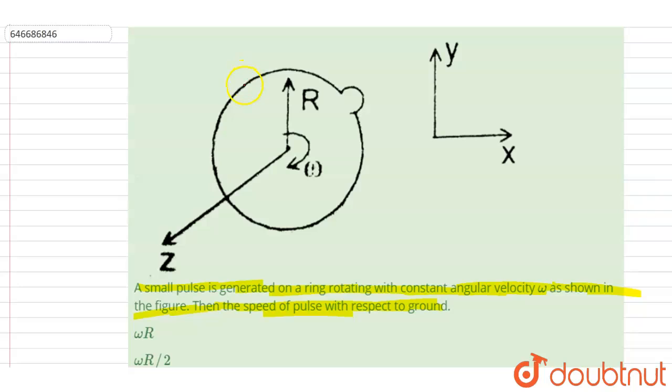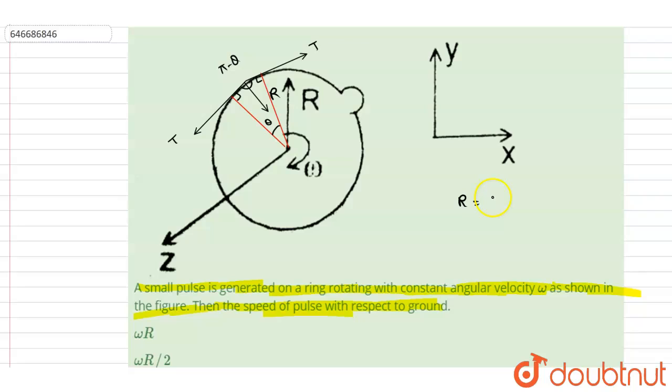So let us calculate the speed of the pulse with respect to this ring first. For that we will take a small segment making angle d theta at the center like this. So if you see here, the tension will be acting here perpendicular like this. So it will be T and T, it is 90 and 90, this angle is theta, so this will be 180 minus theta. So from the symmetry, resultant will be directed toward the center,